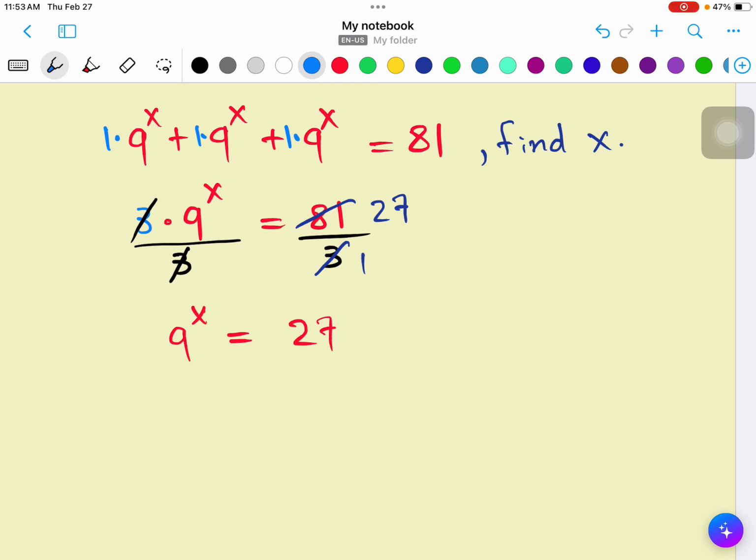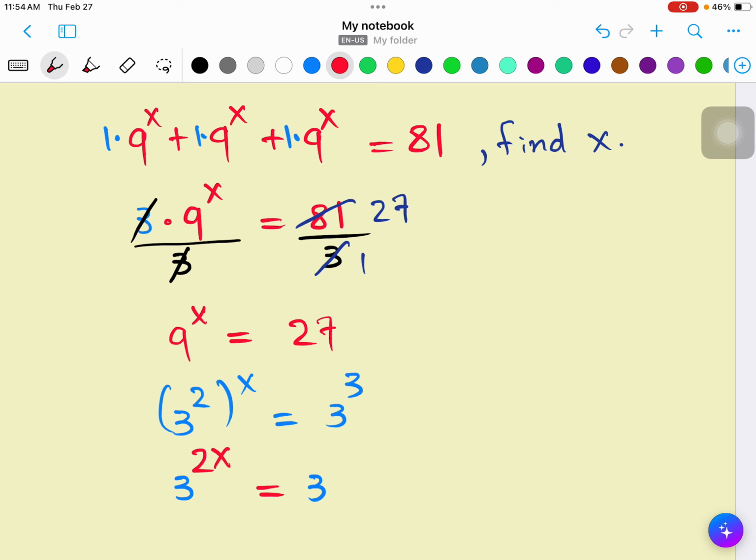9 raised to x is 3 raised to 2 the whole power x. 27 is 3 cube. We must multiply the two numbers. And then 3 raised to 2x equal